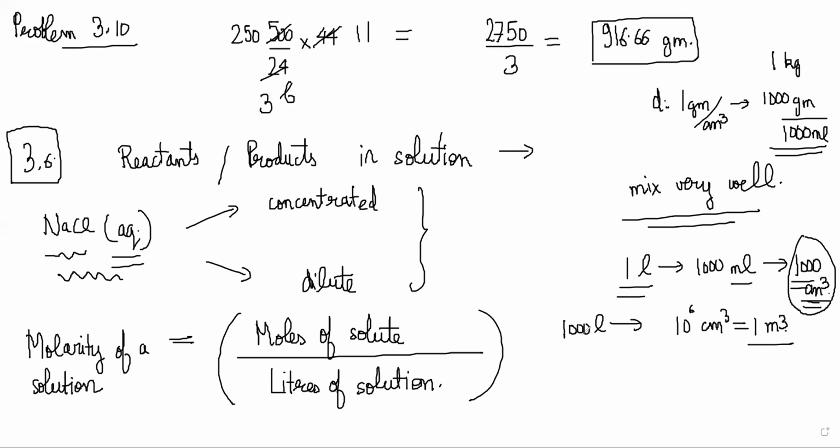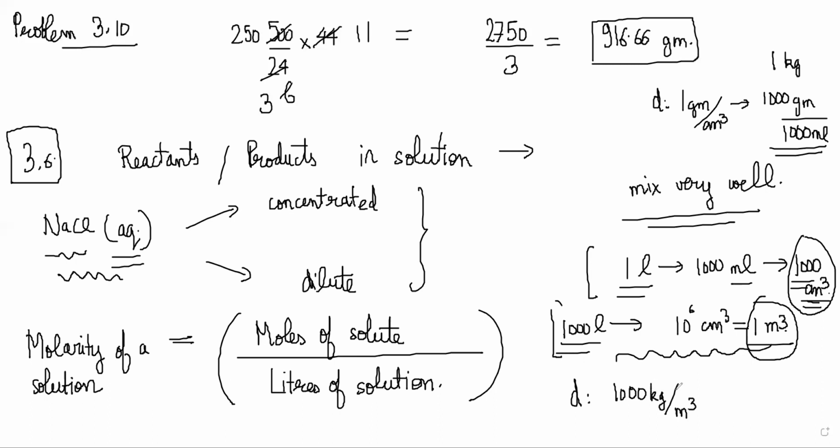Yes, sir. So basically you need to know SI units, which will be different, but these common units you need to be aware of converting. Don't make mistakes here. 1000 liters is 1 meter cube, right? And if you write the density of water as 1000 kg per meter cube, that makes sense now, right? Because 1 meter cube is actually 1000 liters, right? Yes, sir. So 1 kg per liter, that is the reality of the water's weight, right?